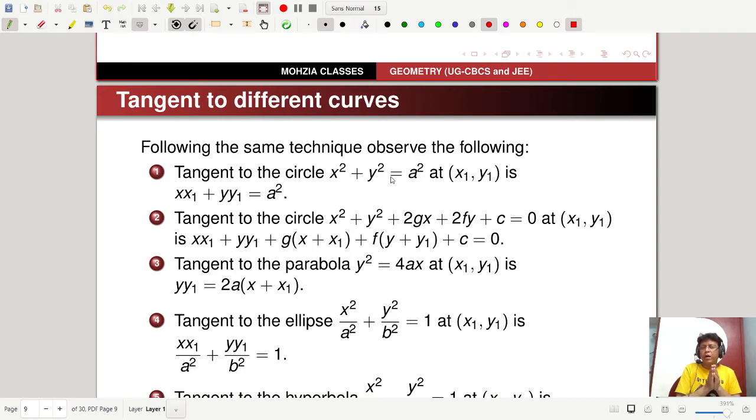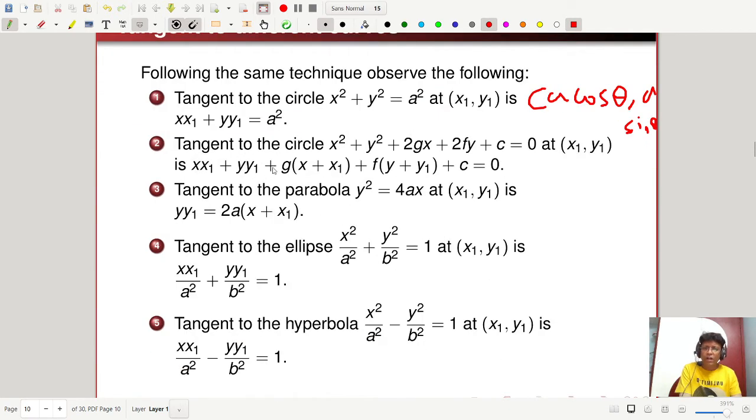You can write the parametric point, and you can write the equation of the tangent at the parametric point also, because for circles the parametric point is a cos theta, a sin theta, right? That is the parametric point. So you can write the tangent. And tangent to the general equation of a circle, if you consider